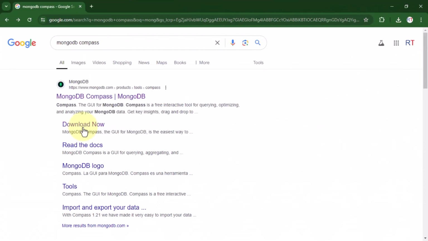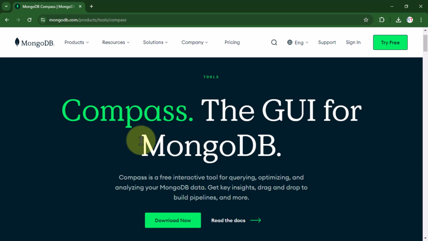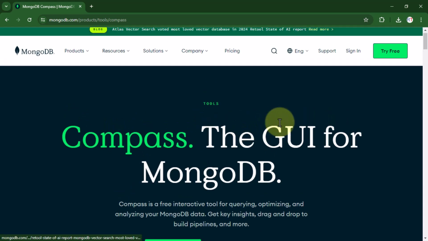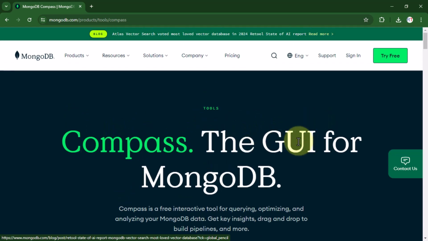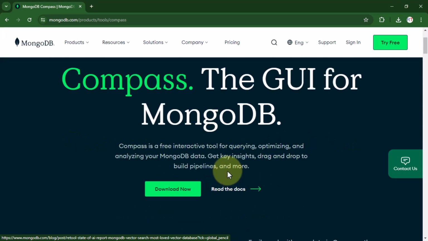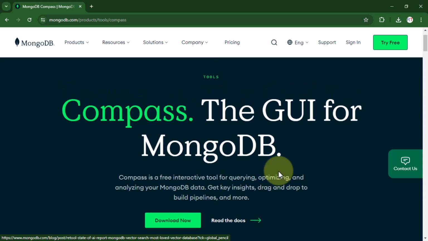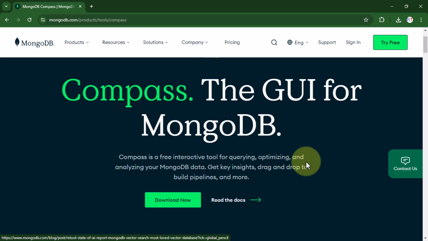So in this video we're gonna see how we can download and install MongoDB Compass. MongoDB Compass is a graphical user interface for MongoDB, which is one popular NoSQL database. It provides a visual way to interact with and manage the MongoDB database. Here we can perform CRUD operations, meaning we can perform create, read, update and delete operations on the data